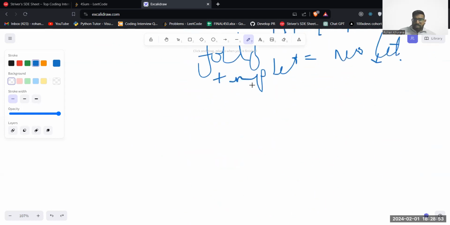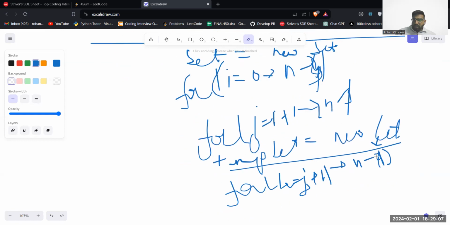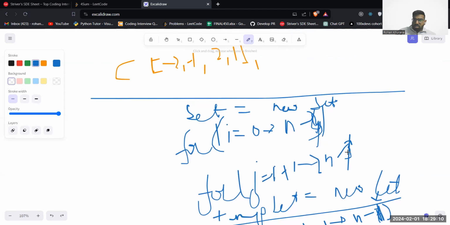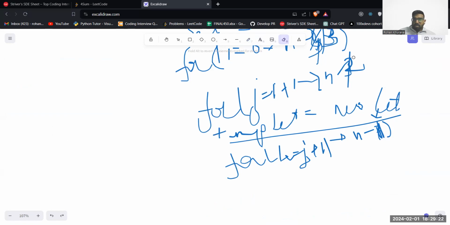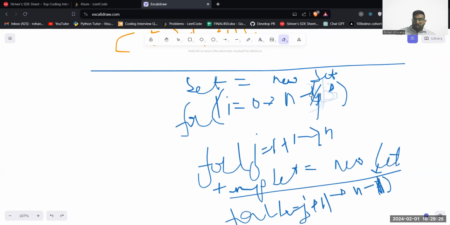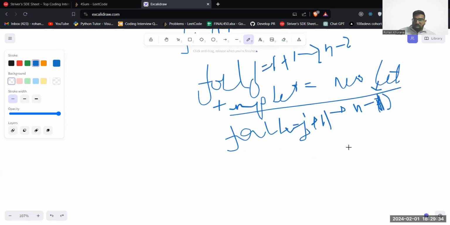great. So this temp set, and again, you will run a loop which starts from j plus 1, goes till n minus 2, or maybe n minus 1. Yeah, now I think I understand it. It goes till n minus 1, this goes till n minus 2, and this goes till n minus 3. I know my handwriting is bad, and the drawing I've made is the worst. Okay, let's try to write it again. Hmm. Okay, this goes till n minus 3, this goes till n minus 2, this goes till n minus 1,